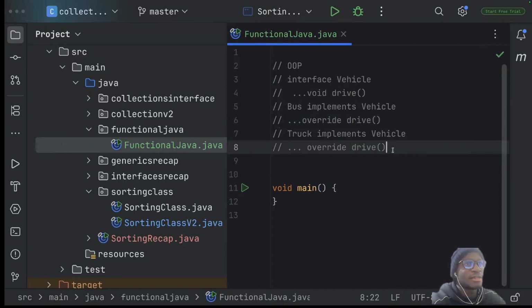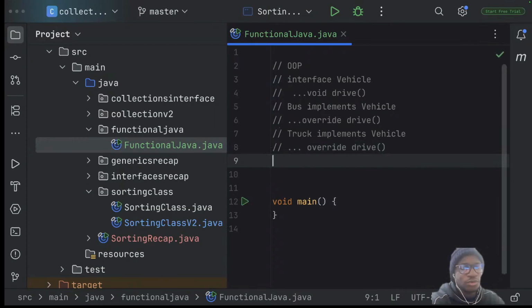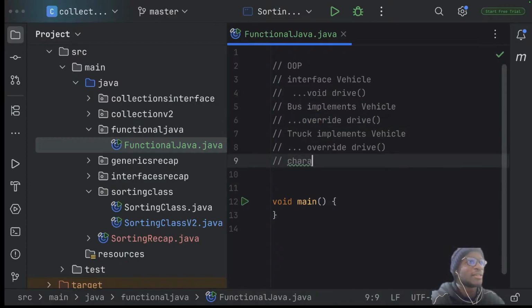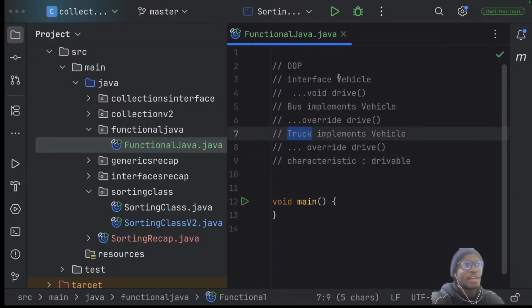Now, using a functional approach to this, we can consider a truck and a bus to have one characteristic, which is that they are all drivable. So you can drive a bus and you can drive a car. So instead of referring to their top level behavior as